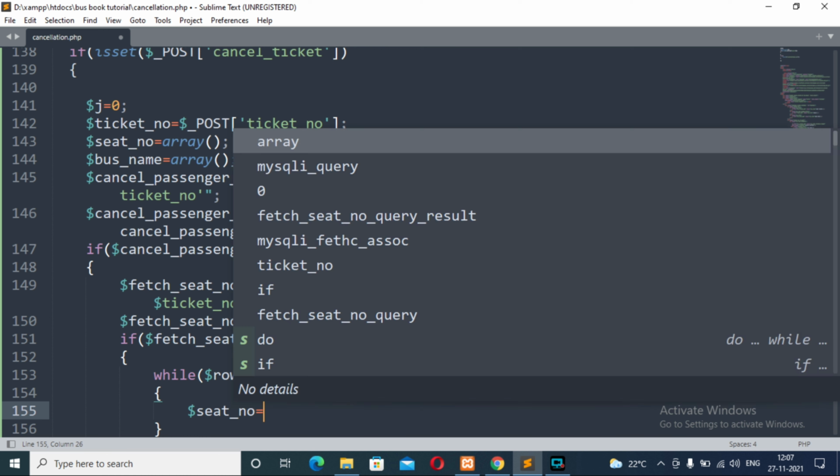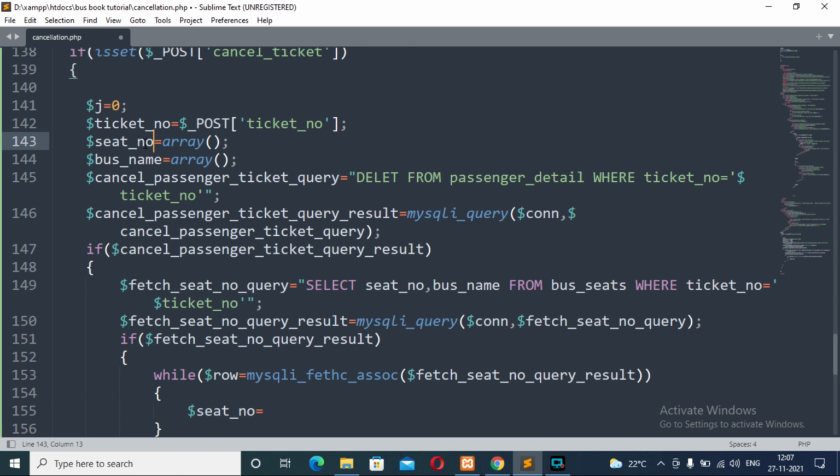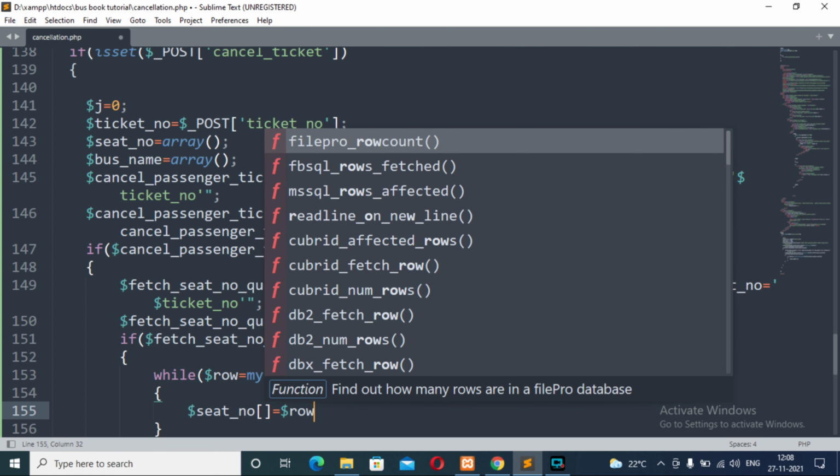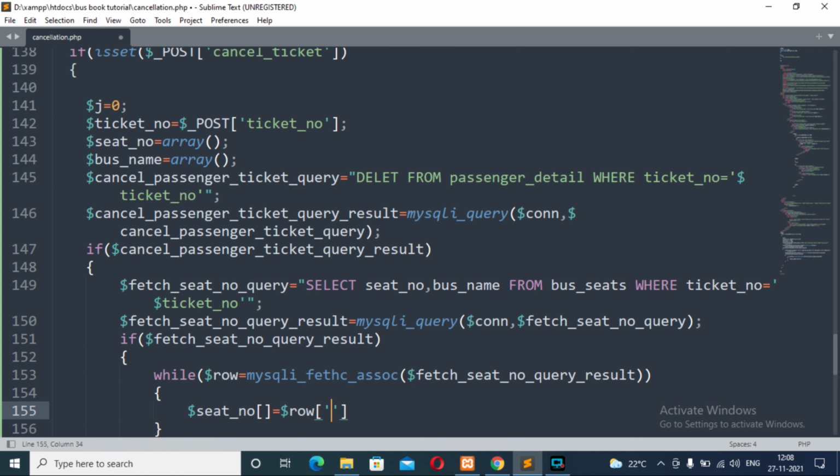Here we will store our seat number coming from the database into the seat number PHP variable that is already assigned on line number 143, as you can see. Since it is an array, we need to provide an open square bracket and a close square bracket after the PHP variable. Row seat number.